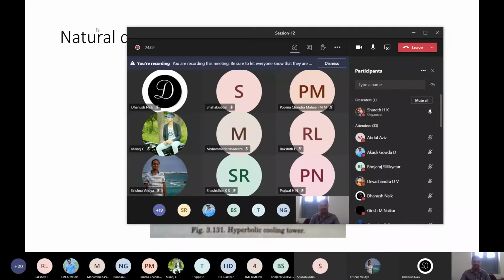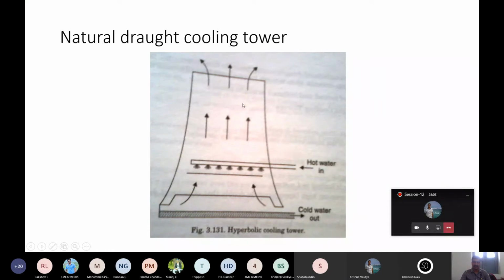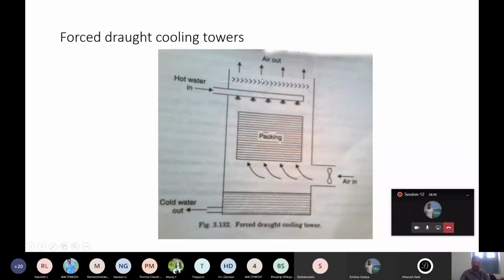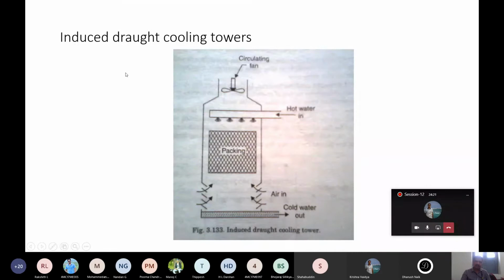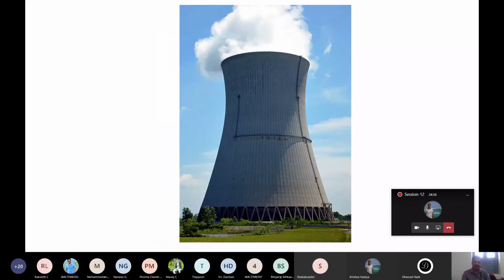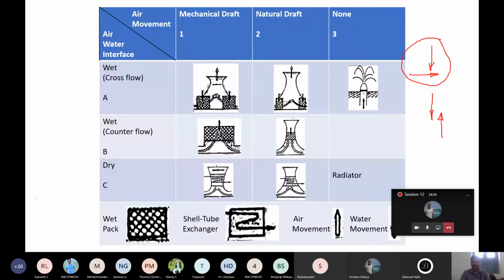Based on that, we have two types of draft. Sorry, mechanical draft we have two types. Forced draught: the example of forced draught is again the ceiling fans, which are used in a room, classroom, or hall. Induced draught, the induced fan, is used for sucking air. It will be used in washrooms. These are the things. If you choose power plant engineering as an elective, there you are going to study all this in detail.